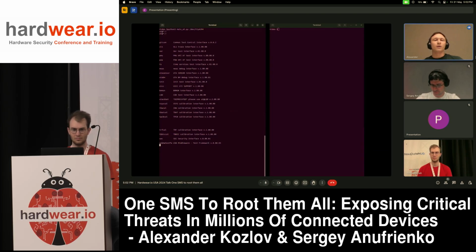So we want to unlock all other namespaces so we can do much more interesting things with the modem. To do so, on the right screen, we start to send our supple SMS messages to get heap overflow and